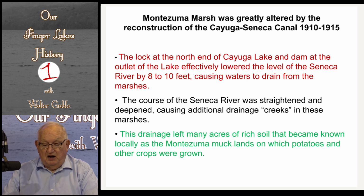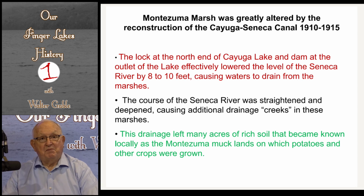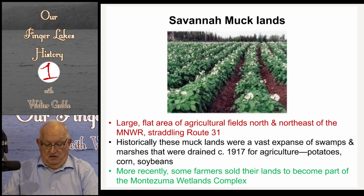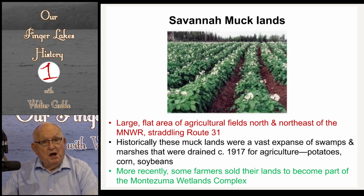This draining of much of the Montezuma marsh, however, did have the beneficial effect of creating a very fertile muckland area north and northeast of the present Montezuma National Wildlife Refuge. This Montezuma marsh muckland area had rich organic material, such that with it being drained could become very fertile soil